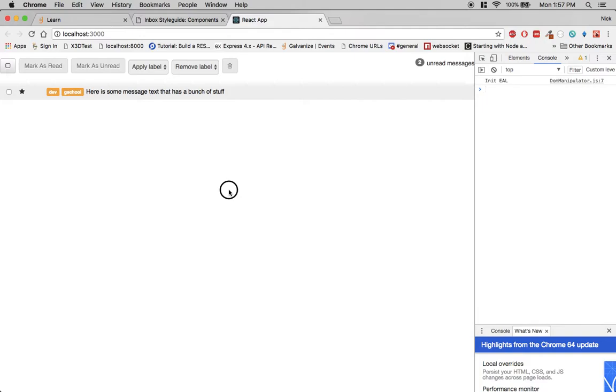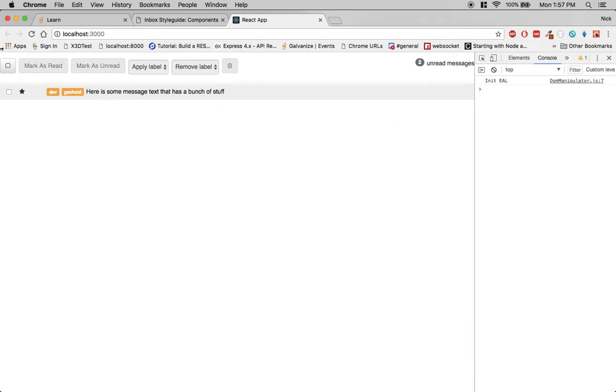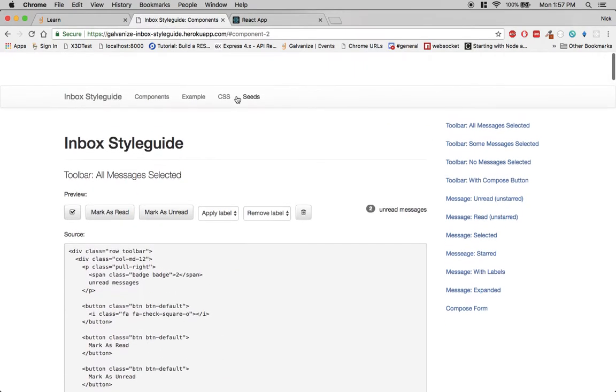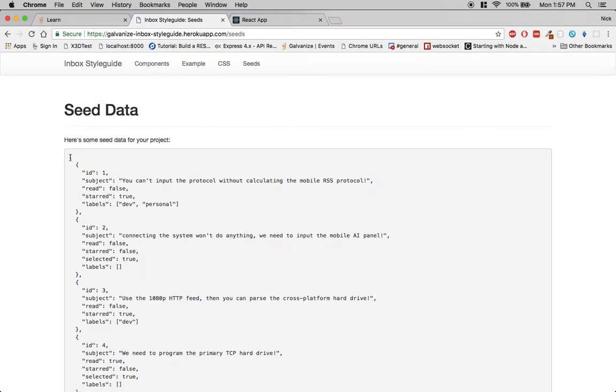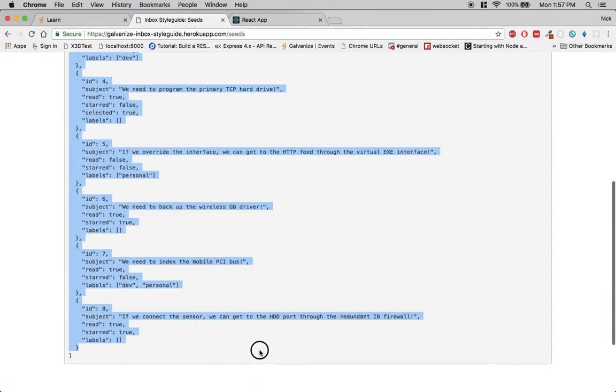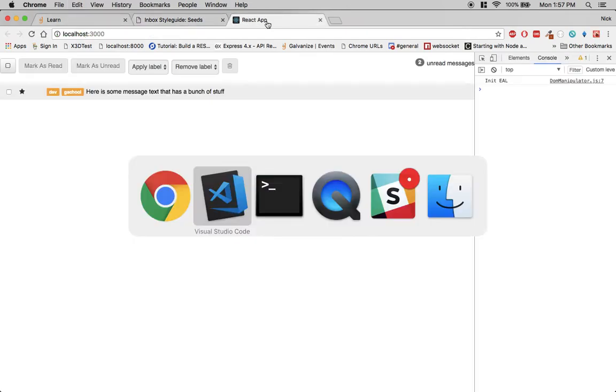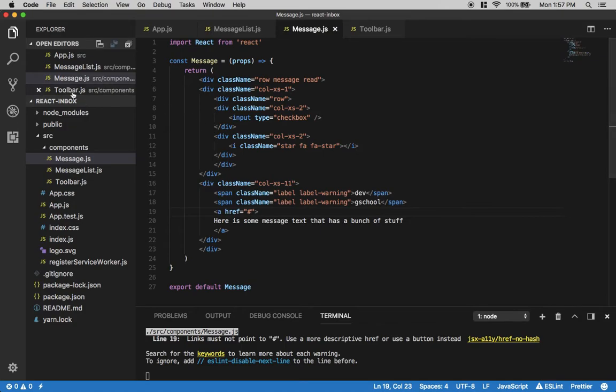So refresh. We have a clean environment. No stupid warnings that we don't need to worry about. Let's close that. Great. We got it displaying right. So let's go back to the style guide, get the seeds, and there we go. Copy the seeds, go back here, Visual Studio Code,